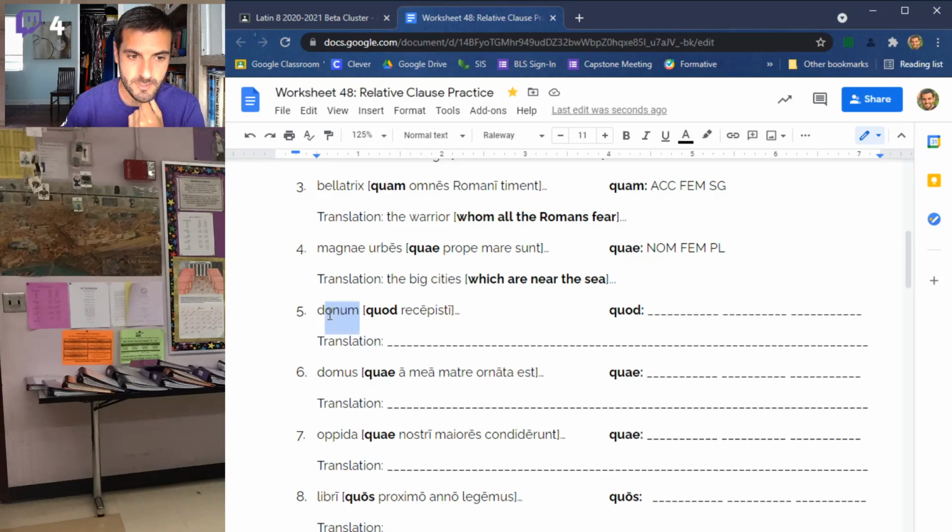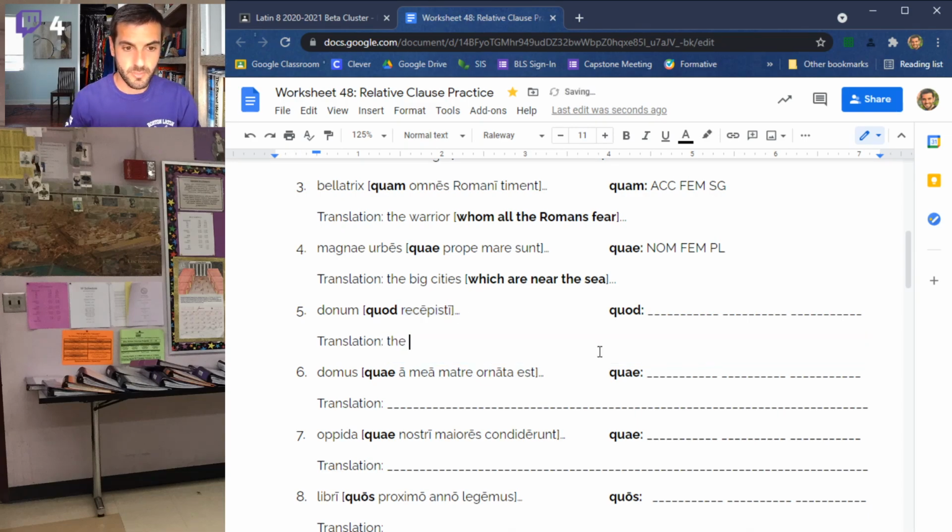Number 5, a donum is a gift. Gift is singular and neuter, which is why I have a form like quod. Quod can be nominative, quod can be accusative. So really here I have to think about what's going on. The verb here is recepisti. A verb with an isti on the end, that's a you form, that's past tense. So you received. No matter what else happens in your translation, you better have the words you received in there, right? So the gift